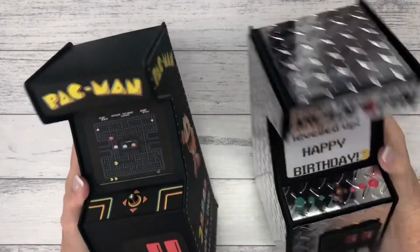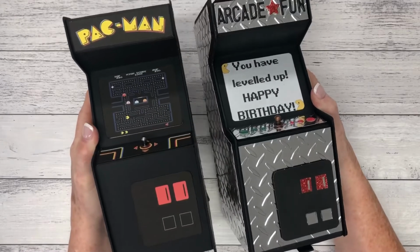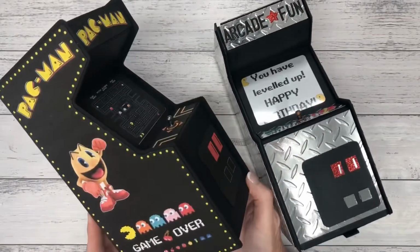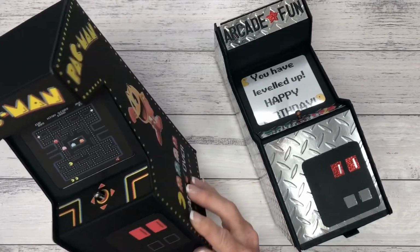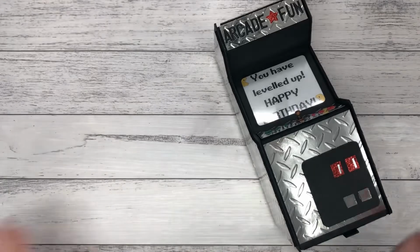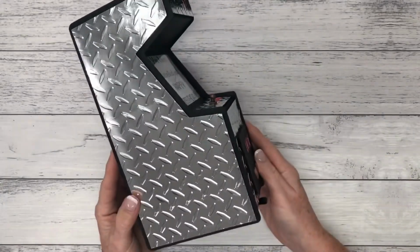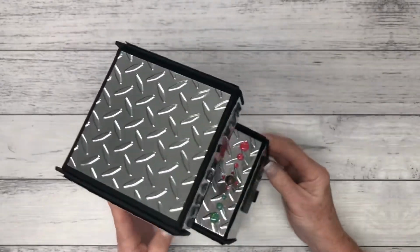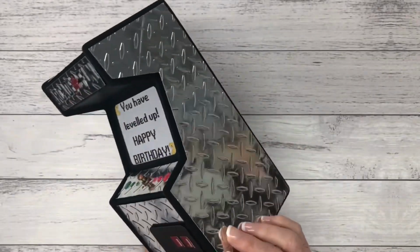So here are my 2 gift boxes. The one on the left has been decorated with the printables that are included within the digital cut file. If you buy the cutting die set when it is available from one of the sellers, there will not be a printable for you to use, so I wanted to share some inspiration on how you could decorate your video arcade game box. So you can see mine here with the embossed silver mirror board with the checker plate pattern